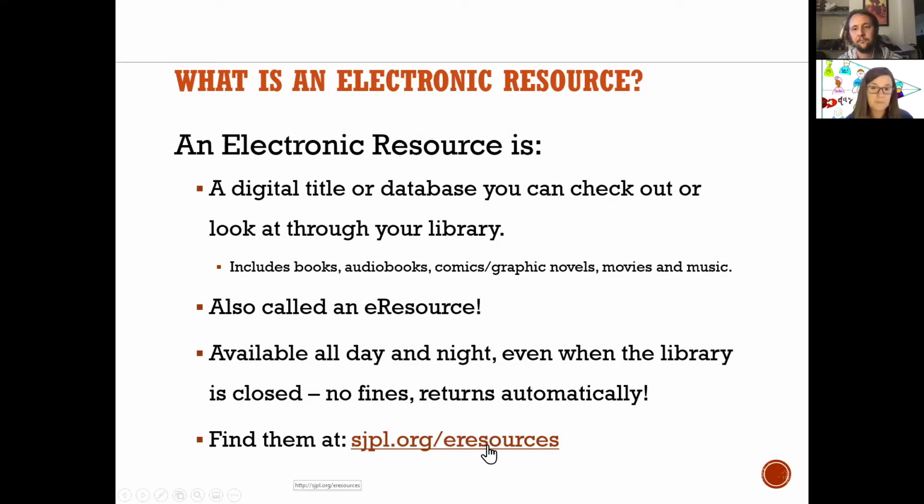San Jose is a big library system, and we're able to purchase a wide variety of electronic resources for the use of our patrons. And so we do have quite a long list. So if you come and look at this e-resources page, it may be a little bit overwhelming. So that's why I'm going to show you some pages that have a more curated or pared down list of some of our e-resources that you might want to take a look at.